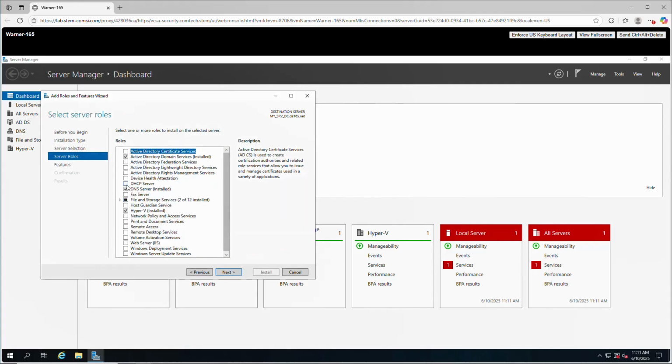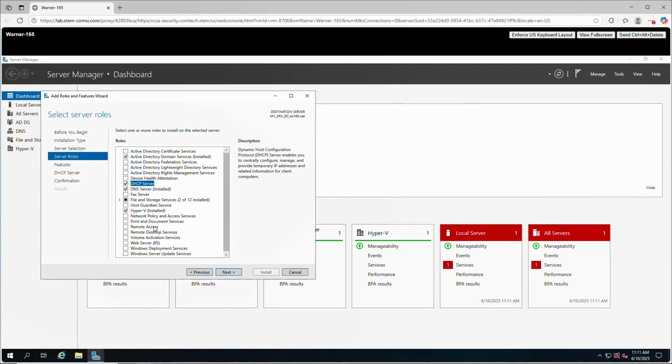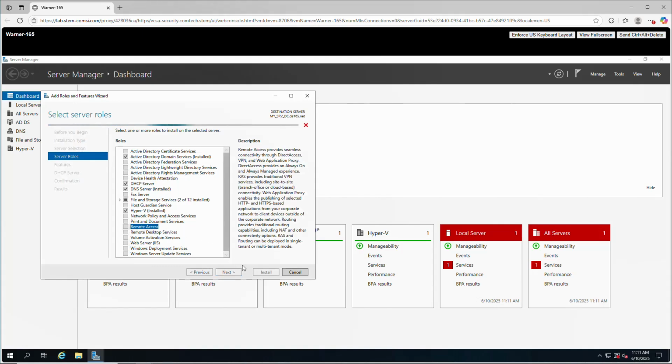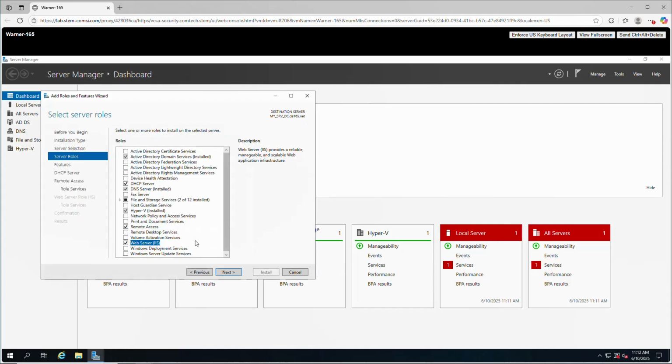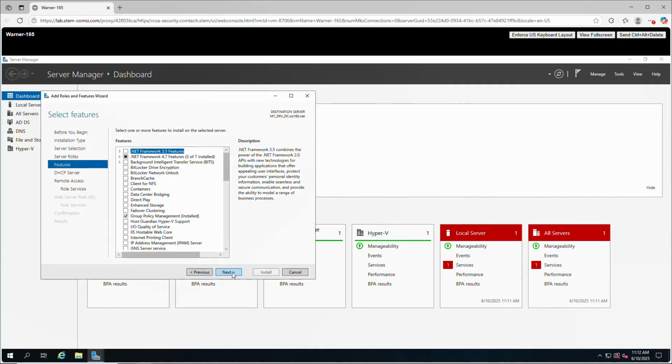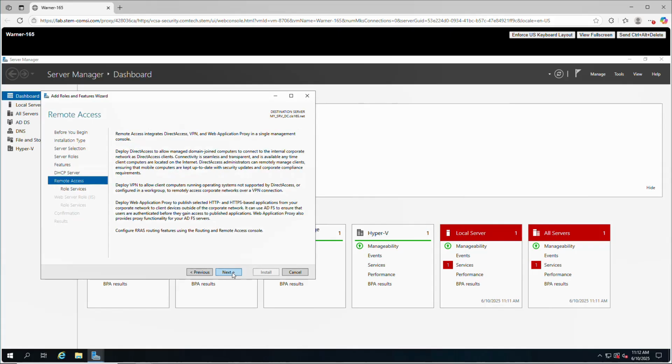Now we're gonna check off DHCP, add features. We're gonna check off remote access, and we're gonna check off web services. Now if you see, it gives you features that you add here. We click on add features. All right. We hit next, next, next, next,